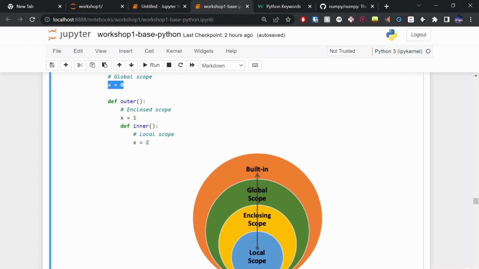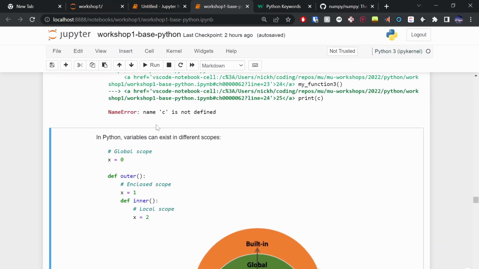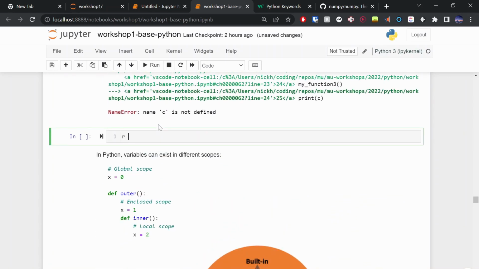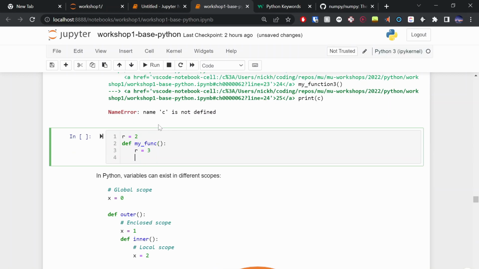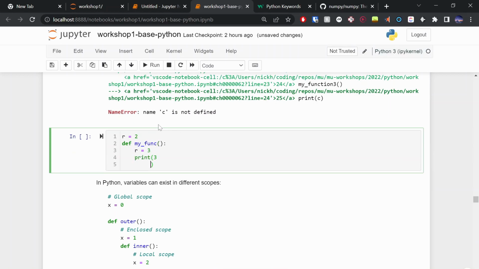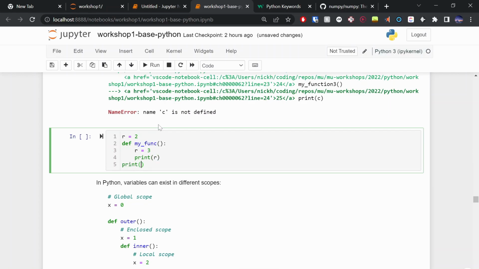So if I have something like this, R equals 2, def my function, R equals 3, print R, and I call this function.